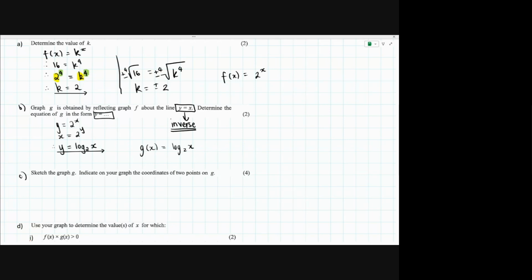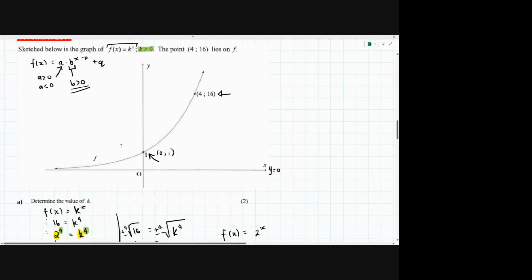Question C says, sketch the graph of G. Indicate on your graph the coordinates of the 2 points. All right, so what that means is,